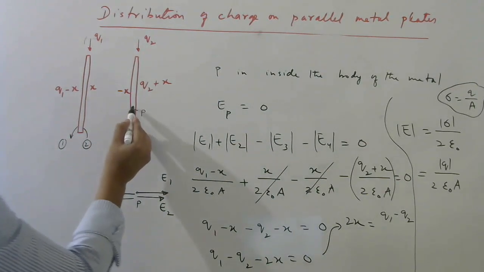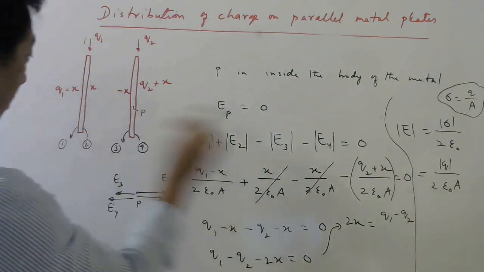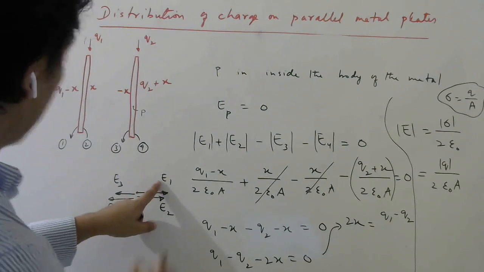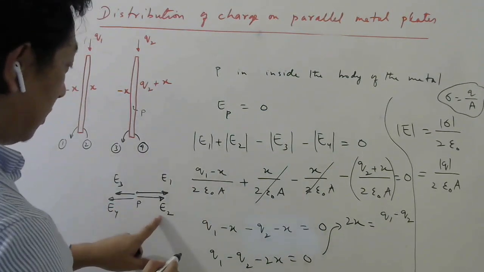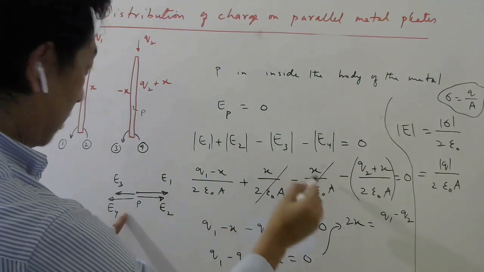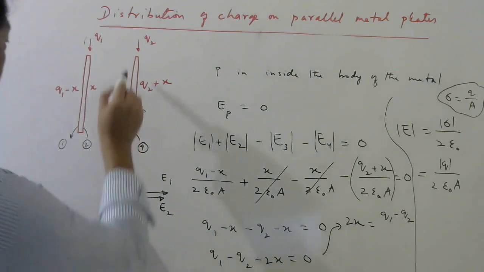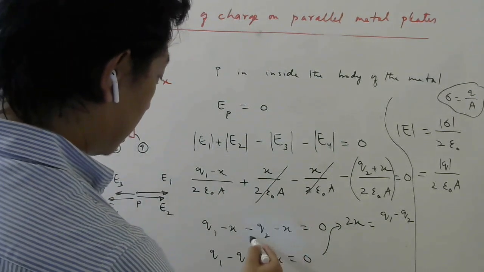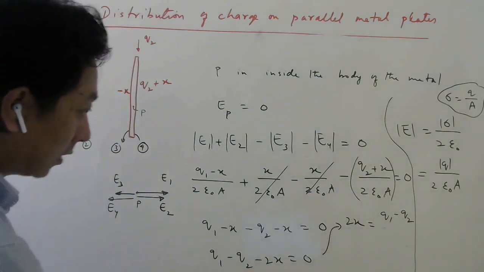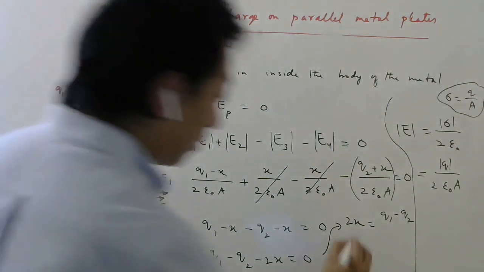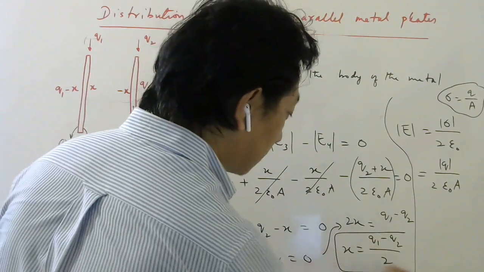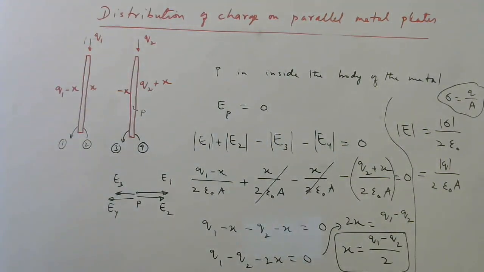Then the electric field here, due to this sheet is away, due to this sheet is away, due to the negative sheet is towards, and due to this sheet it is again away. So E1 is due to this, I wrote the charge. E2 is due to this, it is positive, minus E3 is negative, and it is due to this charge. So minus Q2 minus X, Q1 minus X. So finally I will get 2X equals Q1 minus Q2. No problem. So what is X equal to? Q1 minus Q2 divided by 2. So this is the X value we found.